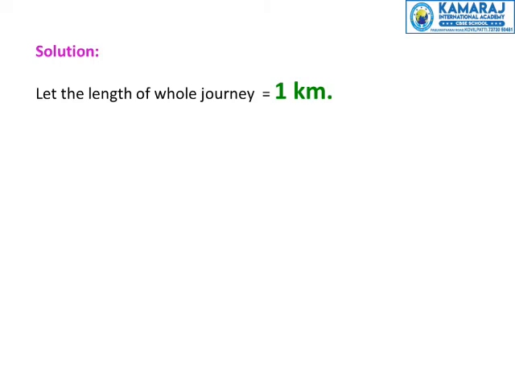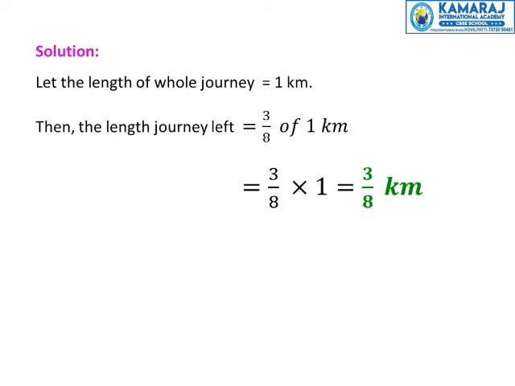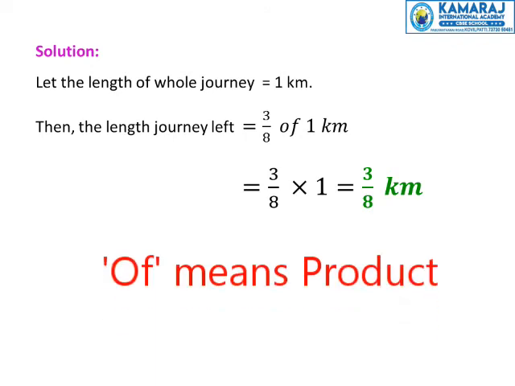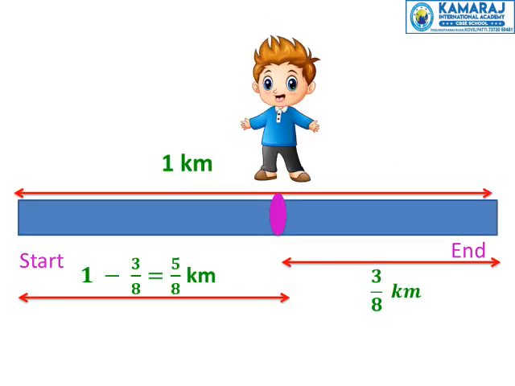Let the length of the whole journey be 1 kilometer. Then the length of the journey left is 3 by 8 of 1 kilometer. "Of" means product, so it is 3 by 8 into 1, which is equal to 3 by 8 kilometer. See the picture. We already took the whole length as 1 kilometer, and then this part, 3 by 8